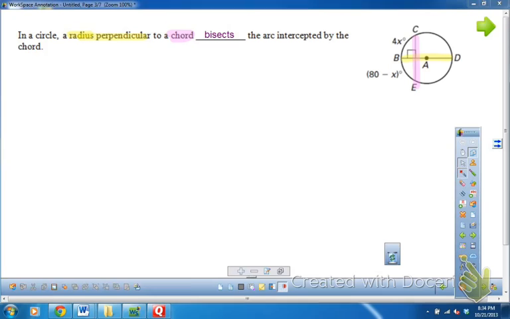So that means that the degrees of this arc and the degrees of this arc are going to be the same. So we have the measure of arc BC is going to be equal to the measure of arc BE,